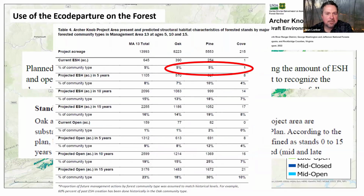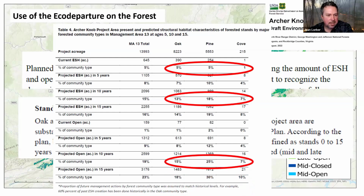But here we have current early circled in red. Here we have projected early if the project was enabled. Yeah, we see early percent go up. And here we have projected open if it goes up. The